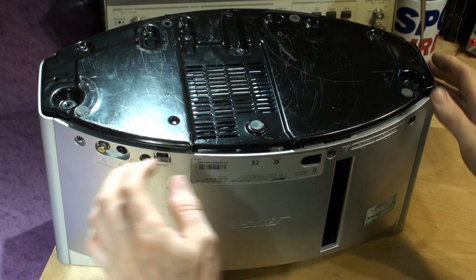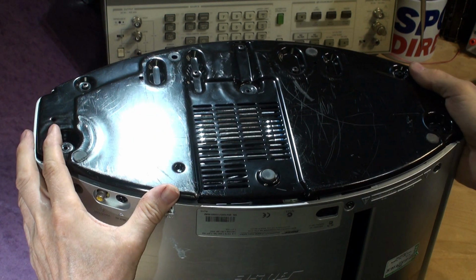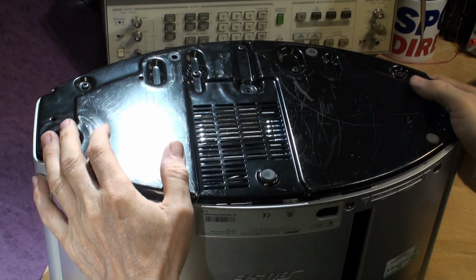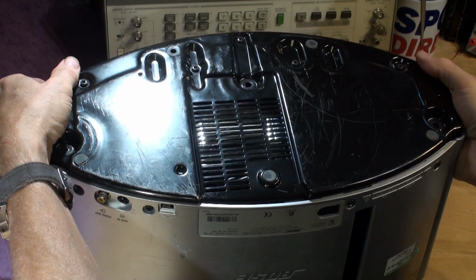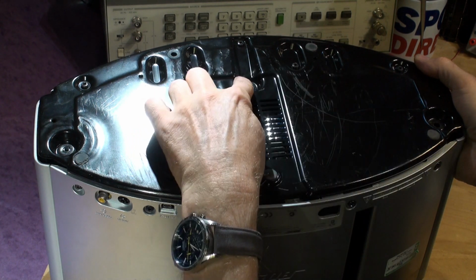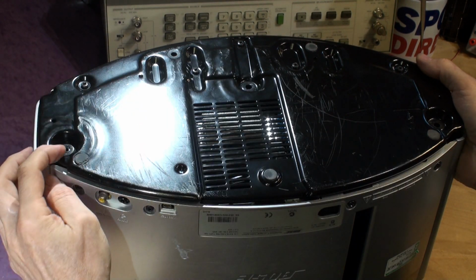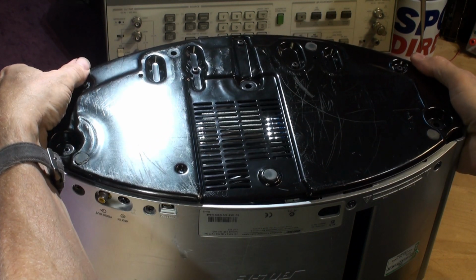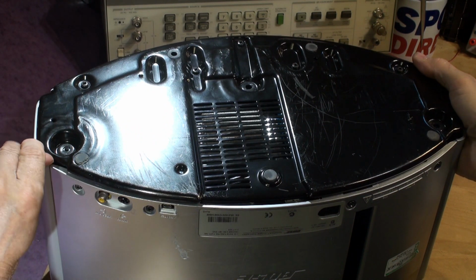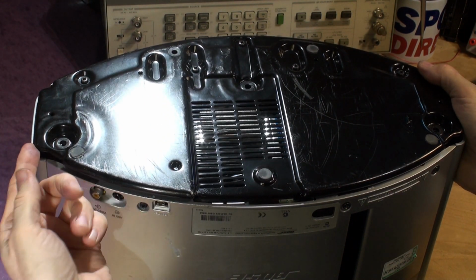So the three screws, and then once the three screws are out, you can just gently lift this plate. Don't lift it and pull it away, just lift it so it's coming off these rubber. It's kind of stuck because there's rubber grommets here, there's rubber cush mounts here, which are kind of like a sliding fit. They kind of grip on these posts underneath. So there will be a little bit of resistance, but by working it carefully and by judiciously lifting it around, you can see I'm easing it away, and just ease it away so it's clear of the post,